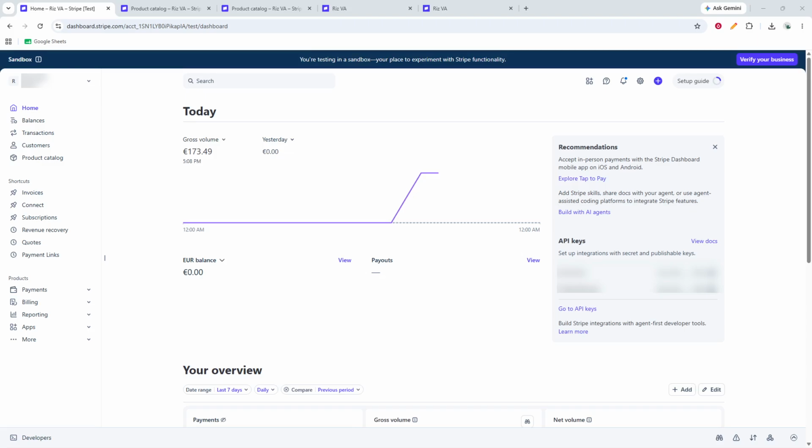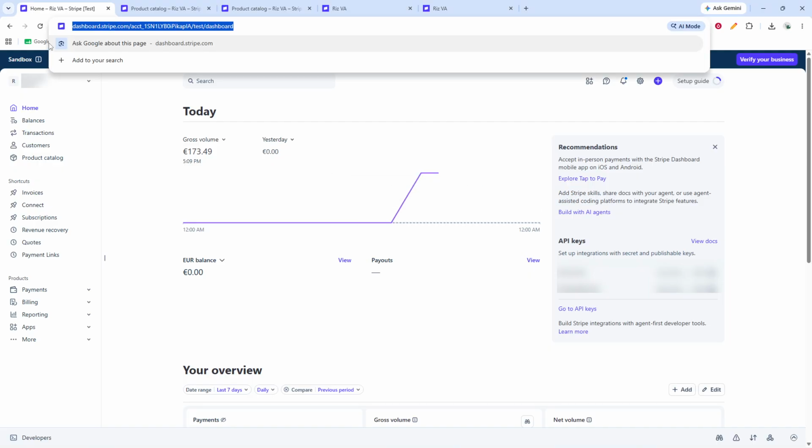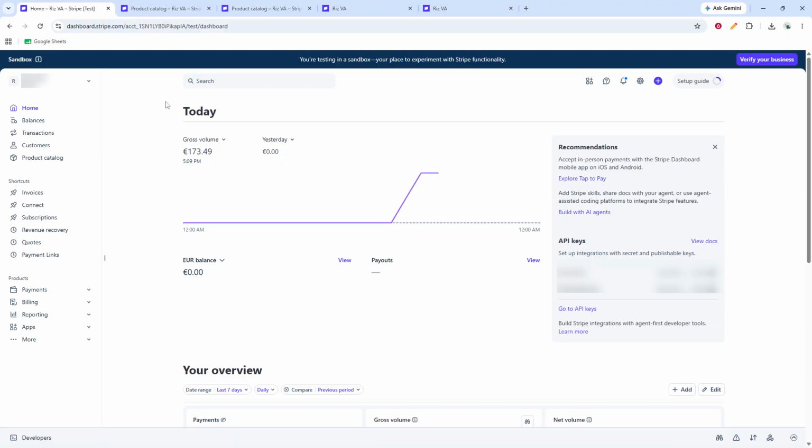Here is how to create a test Stripe coupon code step by step. Start by signing in to your Stripe dashboard with your account. Once you are in, check the environment before doing anything else. Make sure you are working in sandbox or test mode so the coupon is created for testing rather than for